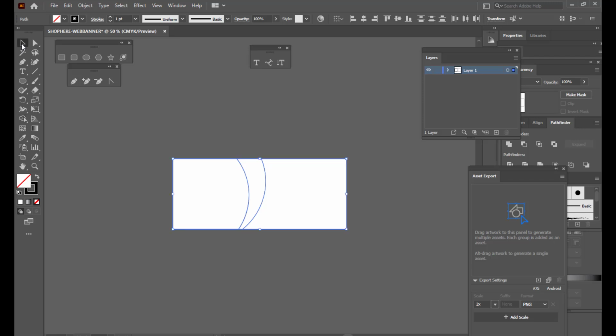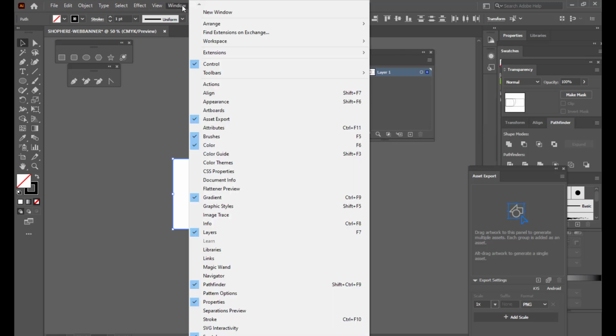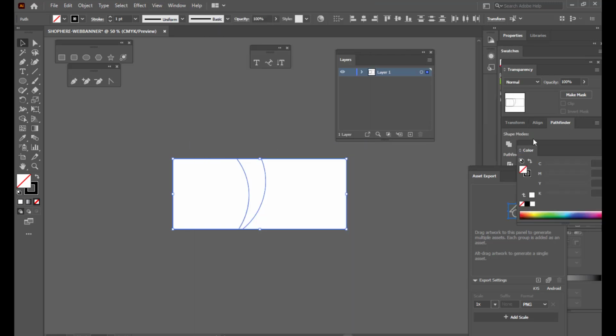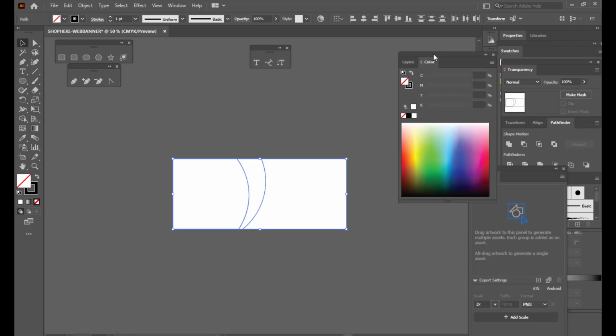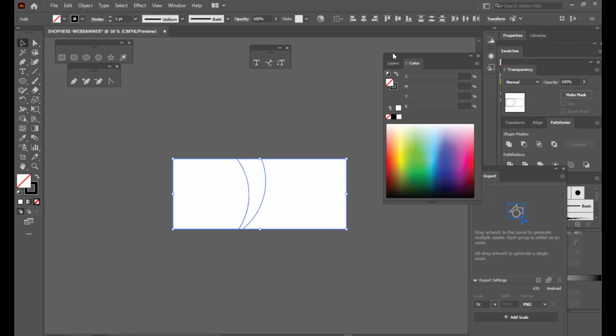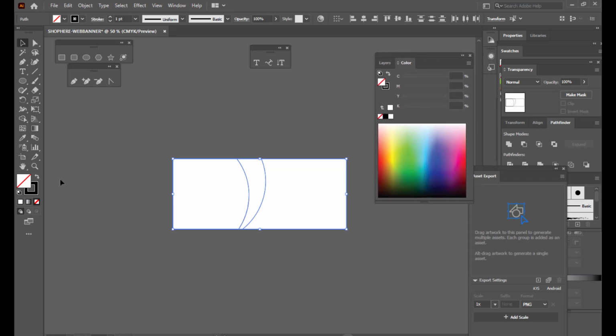Right. Now we will fill different colors in these sections. So we'll open the color options here. Here we have this colors panel, so we can use different colors. I will be applying blue color on the right side of the artboard and some yellow color on the left side.